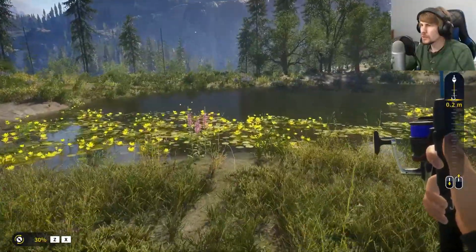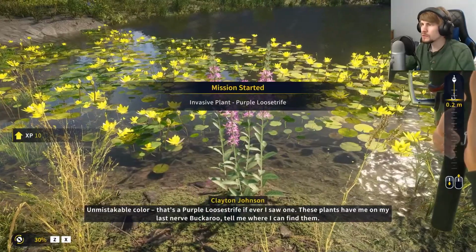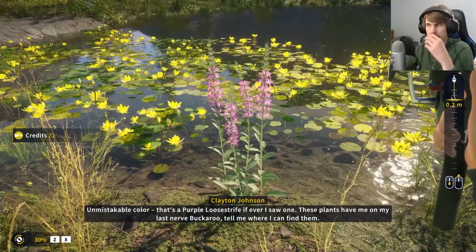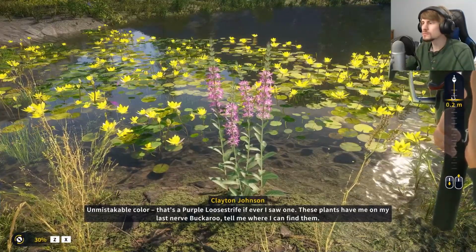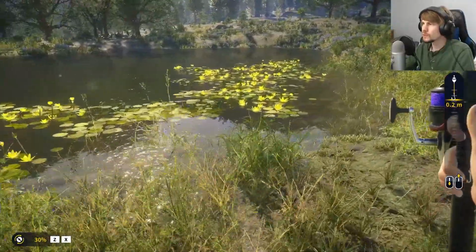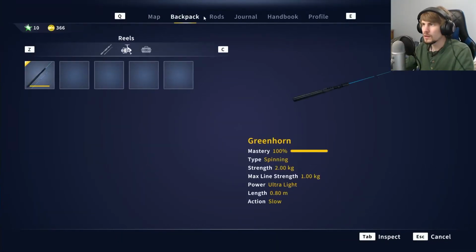Well, let's just try this little pond here and... Oh! Purple loosestrife. That's a purple loosestrife if ever I saw one. These plants have me on my last nerve, buckaroo. Tell me where I can find them. And we got little stuff like that. Now, if I do escape...